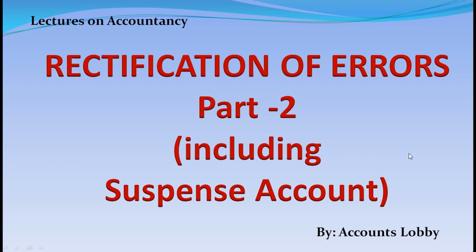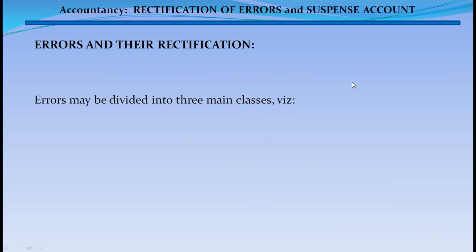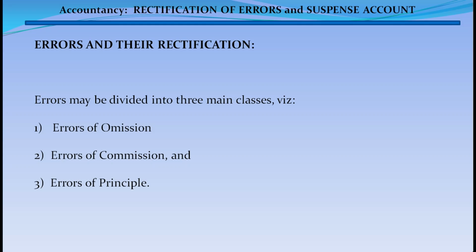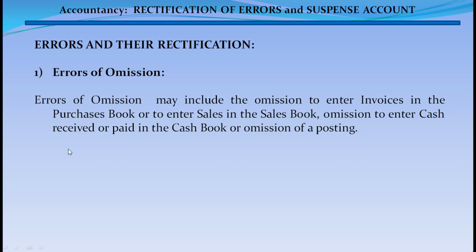Rectification of errors including suspense account. Errors may be divided into three main classes, namely errors of omission, errors of commission, and errors of principle. Errors of omission. Errors of omission may include the omission to enter invoices in the purchase book or to enter